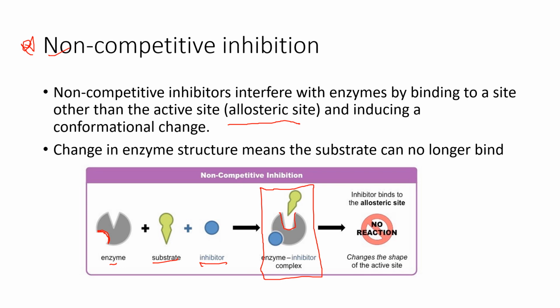It has caused a conformational change in that enzyme. Due to that, the substrate cannot bind and the enzyme is inhibited. So the reaction, again, cannot occur. And this is what non-competitive inhibition can look like. Again, it can be a good thing if you're trying to control a disease or something like that the enzyme plays a role in, but obviously can also be a very bad thing if that enzyme is involved in a really